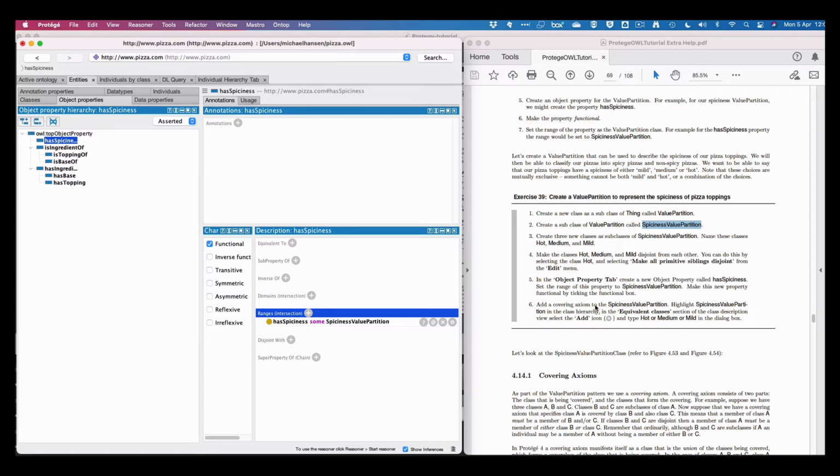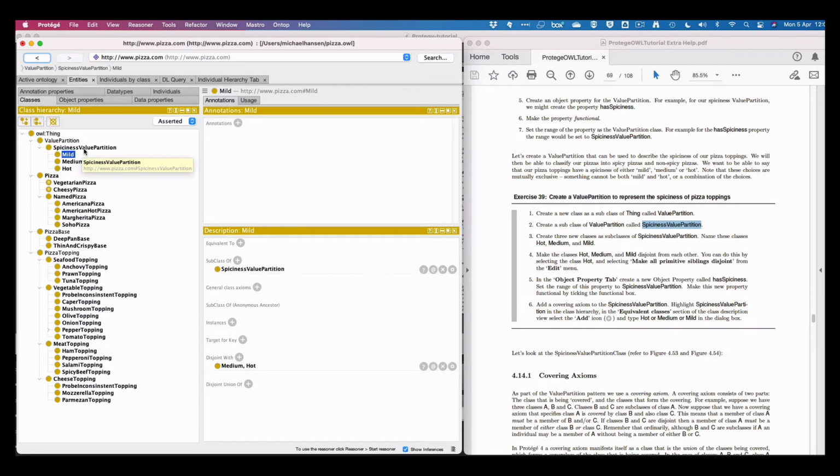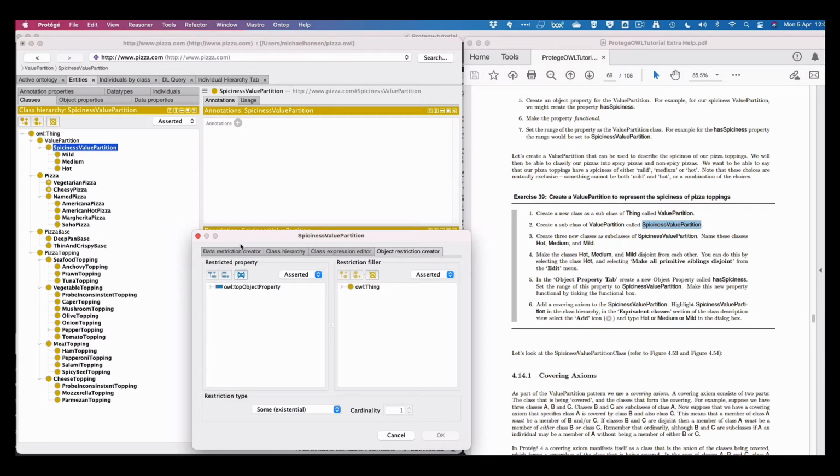And add a covering axiom to the spiciness value partition. So highlight spiciness value partition in the class hierarchy, and in the equivalent class section in the class description, select the add icon and type hot, medium, or mild, right? So we go back to the class hierarchy, we click spiciness, so let's see, where do we have equivalent to? That's this one here. So we add,